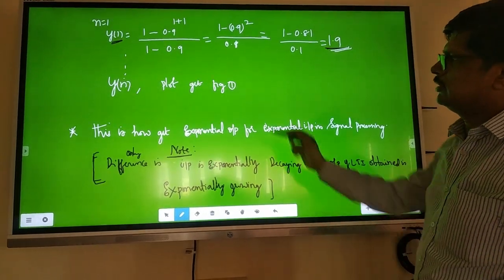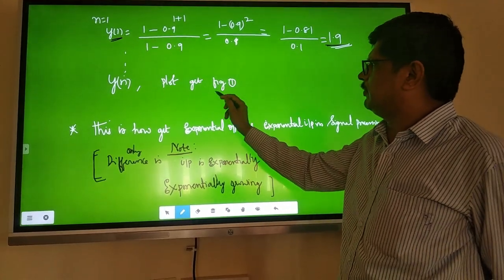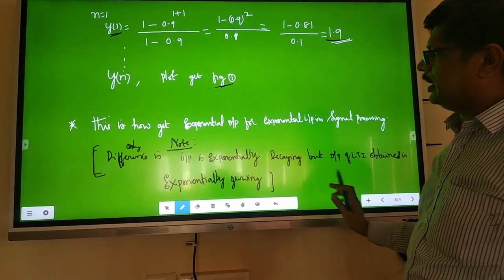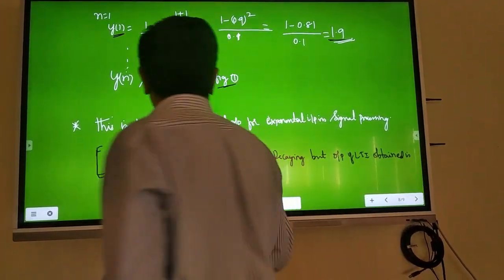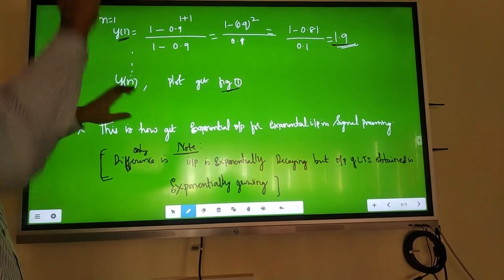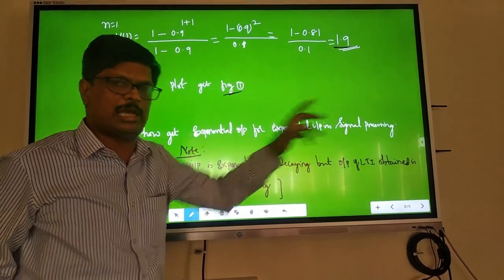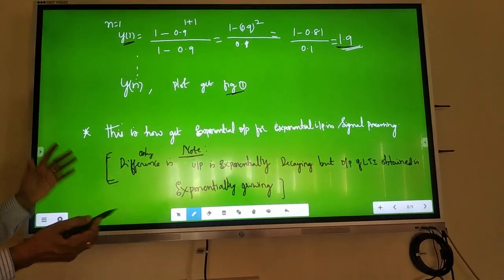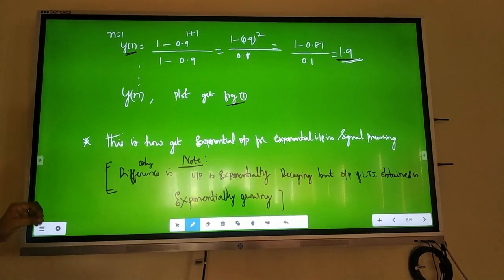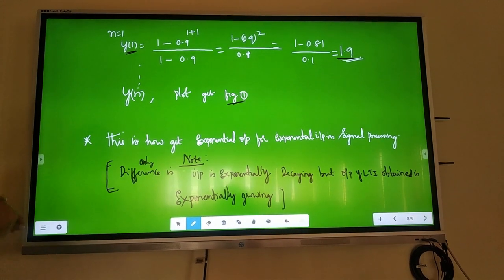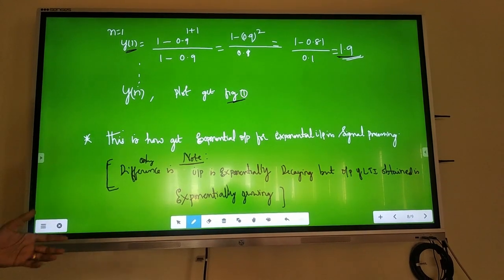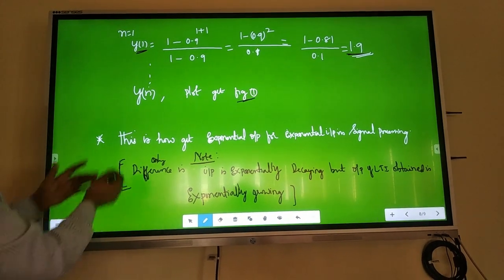That is where you plot it, and you will get figure 1. This is the figure you will get. Now, what are the conclusions? This is how we can get an exponential output for an exponential input in signal processing. In signal processing, we are talking about exponential inputs and outputs, not just step functions or impulse functions. In images, signals, or multiprocessing, that is actually the reality.